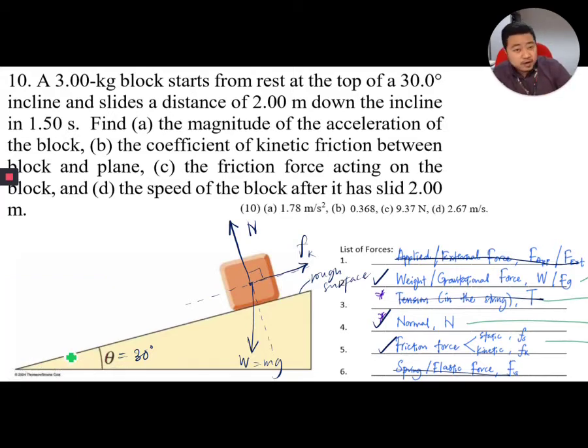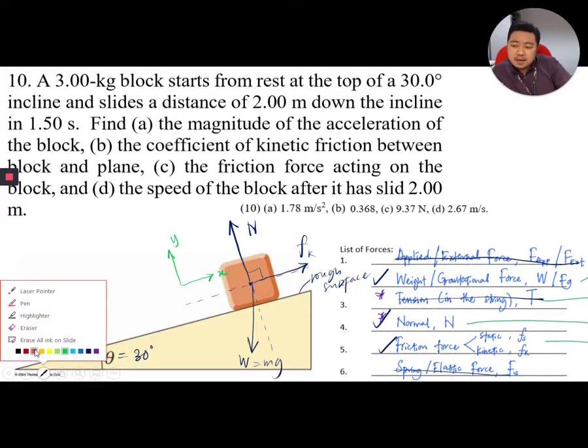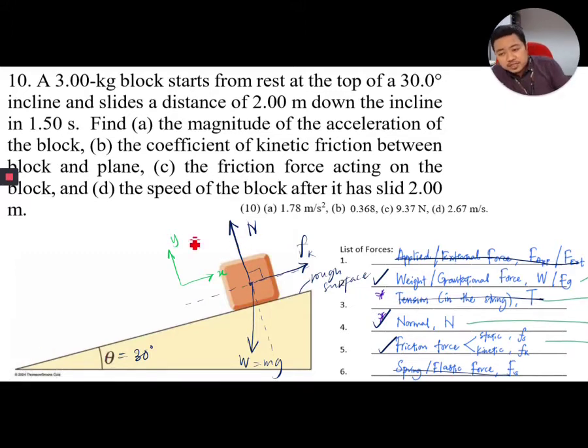For our reference, this is going to be our x and y axis. The x and y axis is going to be along the incline, or tilted with this angle of 30 degrees. So that is x and that is y axis. Another thing we have to consider, because we have the acceleration, is drawing the acceleration. The acceleration is going to be definitely